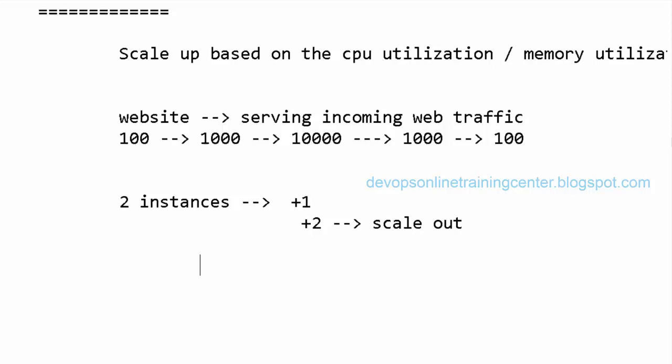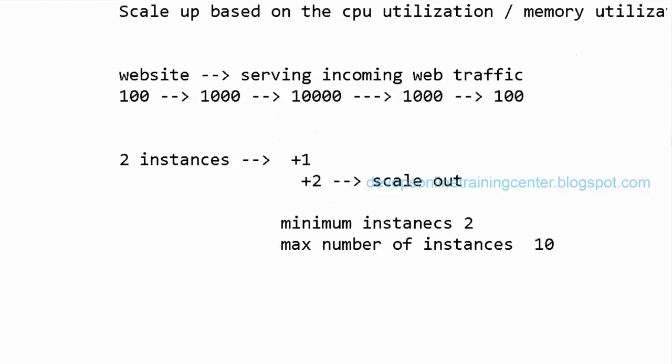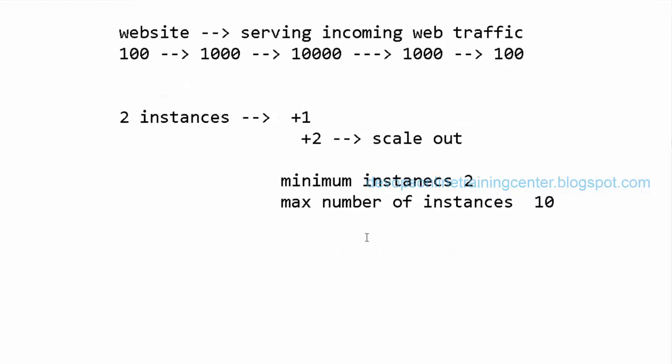Then we can also define the minimum number of instances to start with, and we can also specify the maximum number of instances. Let us say I specified minimum as 2 and maximum as 10. So these servers, based on the load, will grow up to 10 instances and will handle the load, right?